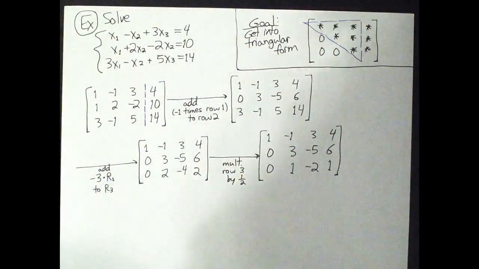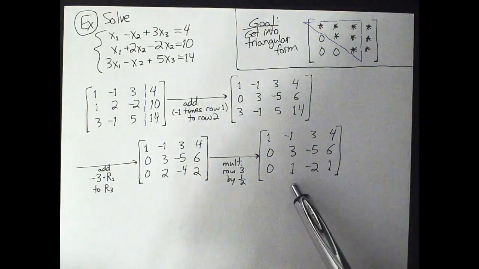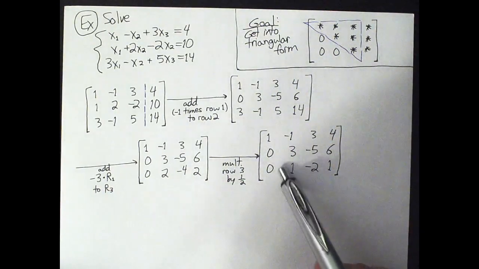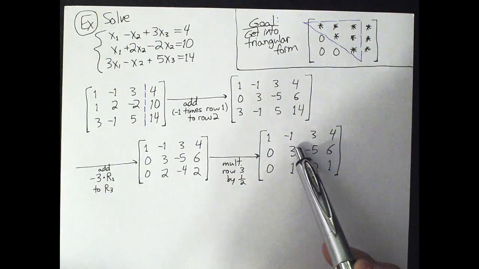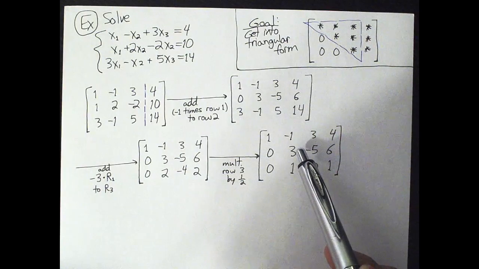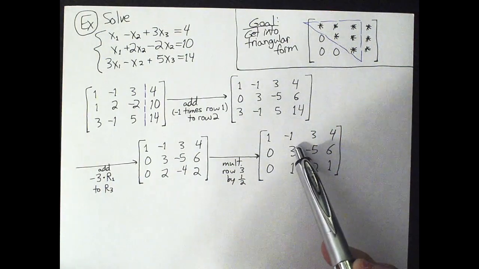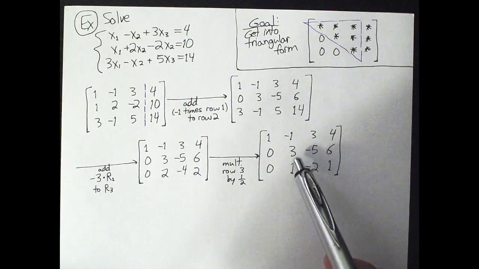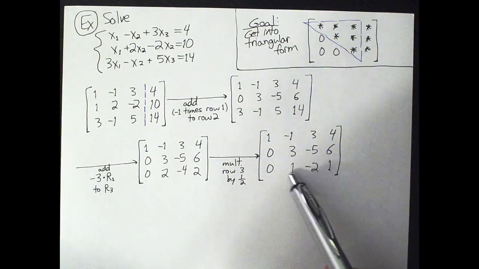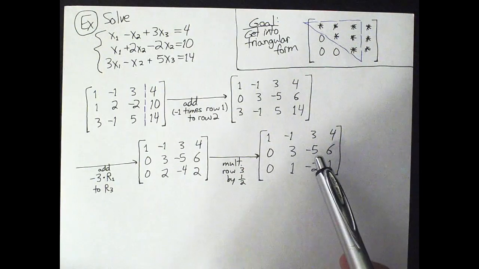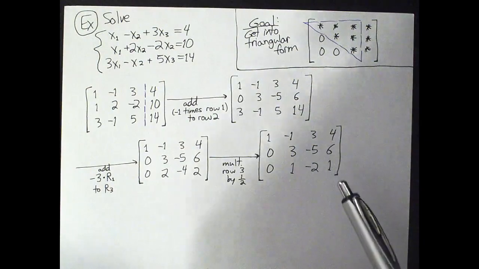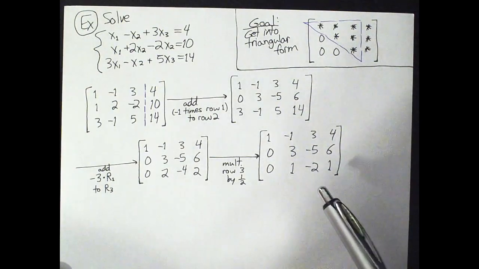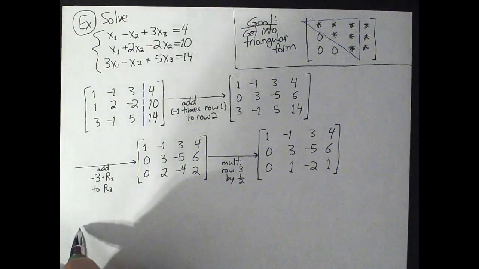All right, I think I'm going to do this in 2 more steps. Because I'm looking at this and I'm thinking, all right, can I get rid of this 1 here? Can I turn this 1 into a 0? I guess I could, maybe by using a multiple of the 3 that's above it. So if I did negative 1/3 times row 2, getting added to row 3, that would turn this into a 0. But then I would have to do a negative 1/3 times negative 5, and I would have fractions, and I don't want to do that. So that would be okay, but I see something that might work